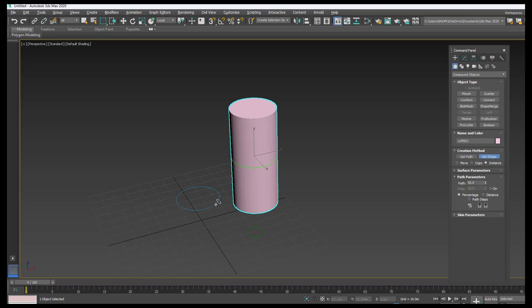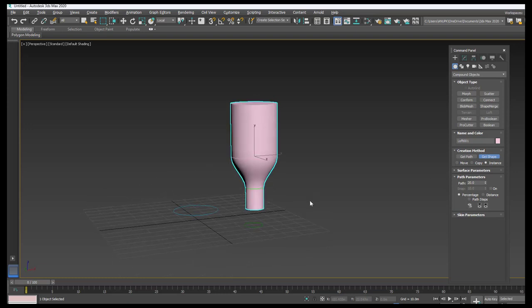So this is how this is carried, and then again I want to give the remaining 50%, that is about 60 or 20, whatever it may be. When you go with 50%, give the percentage and then click on Get Shape, and now I am clicking the second shape. So this is how you can change the shape.